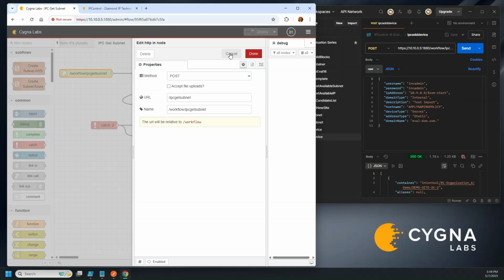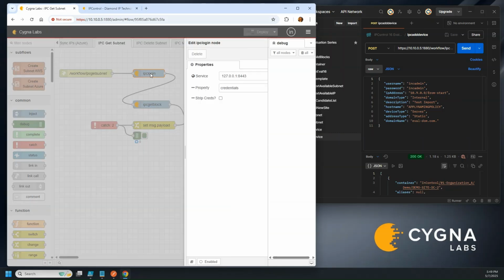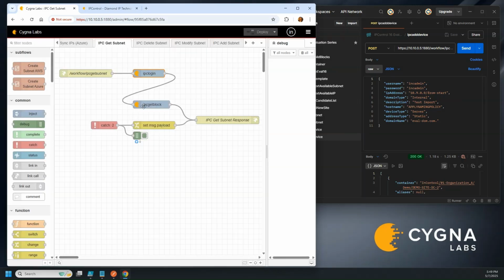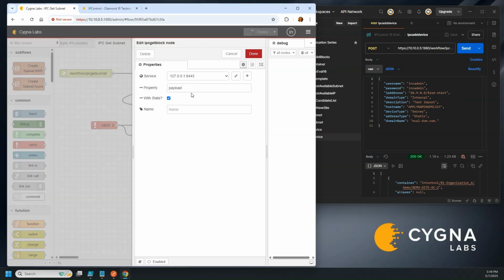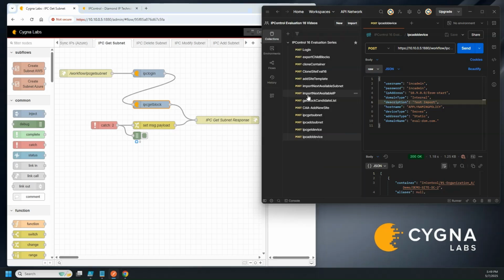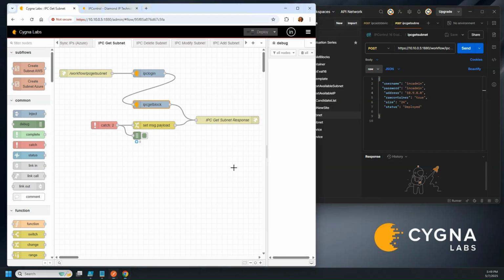So here, back to this Get Subnet, we modify it, make it a post. We go right to our login. Now I'm going to change the output to credentials. It goes right into the Get block, and the Get block has a particular input format that it needs. And we're going to go up here to Get Subnet. And that particular format, if we look at the documentation for it up here,